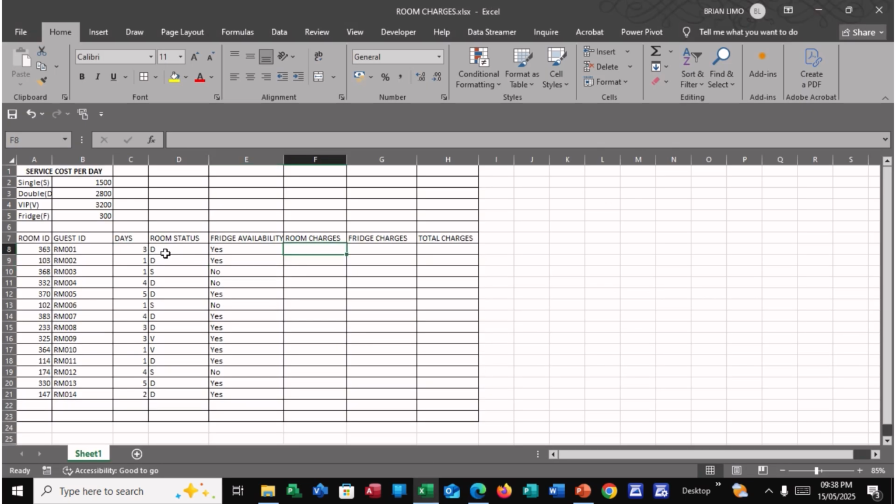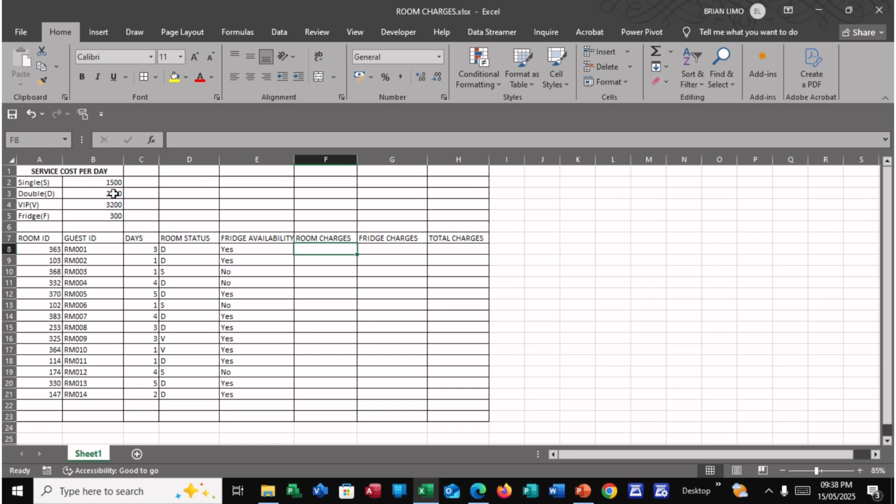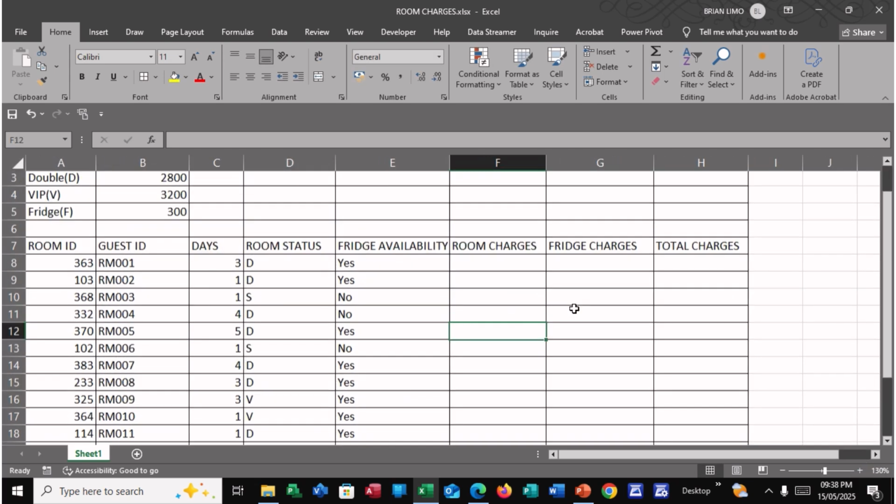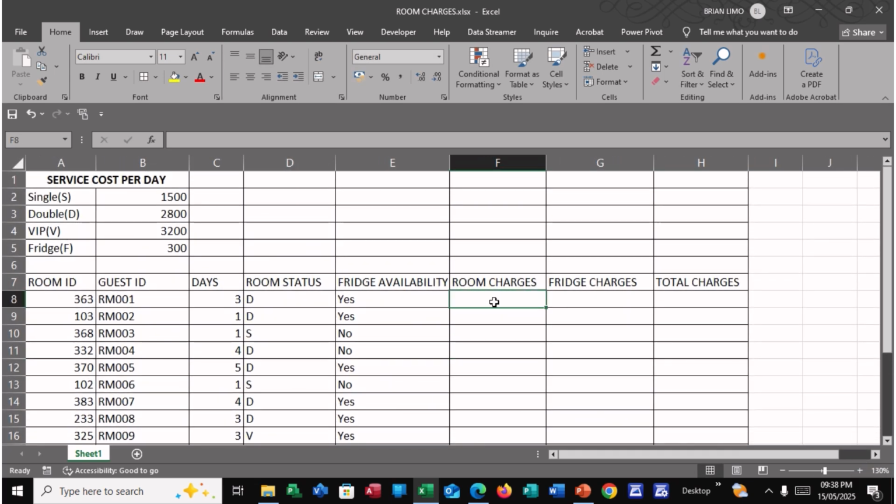So if the room value is D, that is double. If the room value is S, we multiply with this one. So how can we do it? We'll be using an IF function. So it is equals to IF, you open your bracket. Let me zoom, sorry, so that you will be able to see what I'm doing. Open your bracket on your keyboard. If this cell here, the room status, is D, so this D8 is equals to capital D,